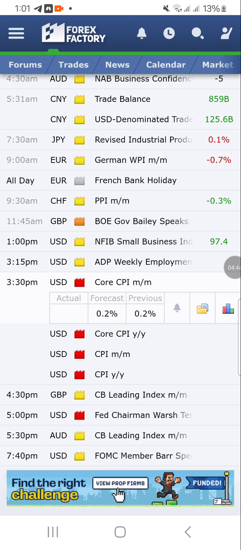What does it indicate? What does it mean? It means within the US, people are spending more money on goods and services. When people are spending more money on goods and services, what does it mean? It is inflation. Inflation is whereby people spend more money on goods and services. Now, what happens to someone who has a job out there? They are going to spend more money on these things. They are going to be overstretched.